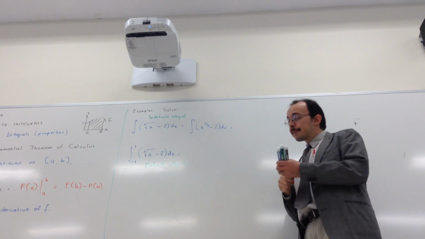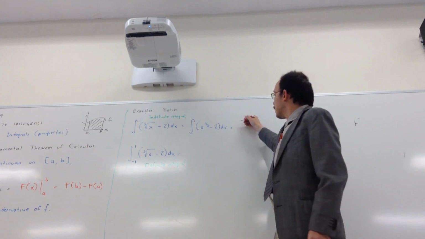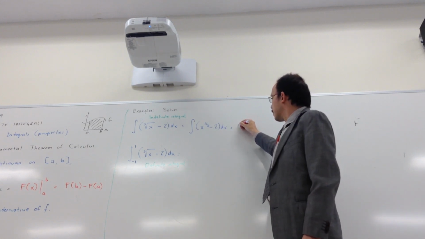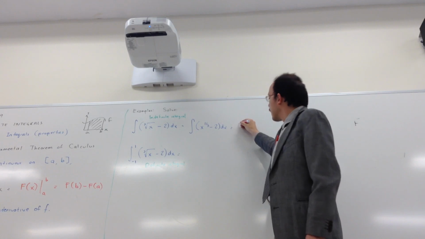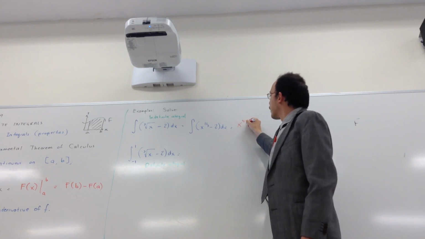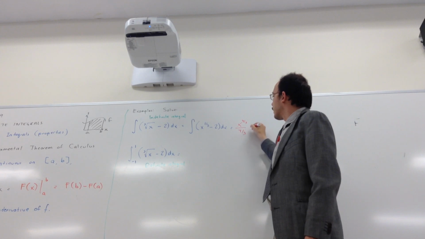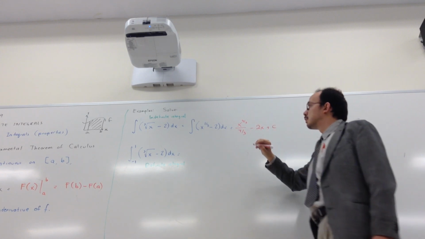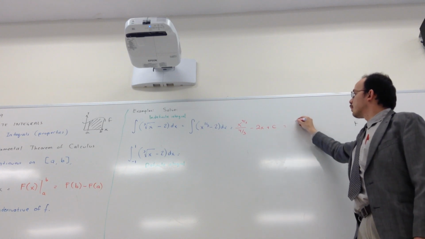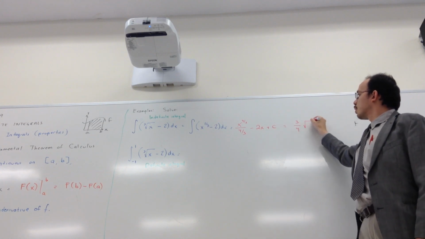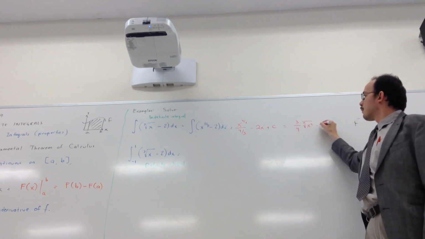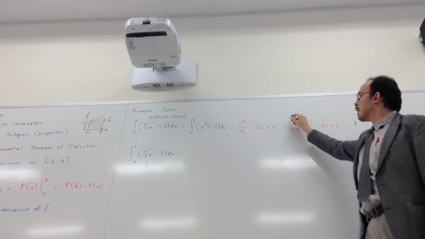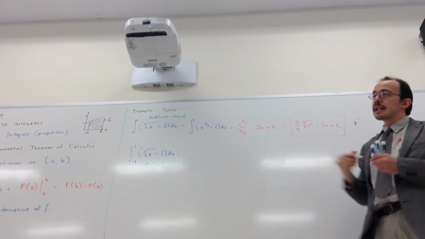The integral of that is going to be? x to the 4/3 over 4/3 minus 2x plus c. If I rewrite that, it's going to be 3/4 cubic root of x to the 4th power minus 2x plus c. And that's my answer. Yeah? A function